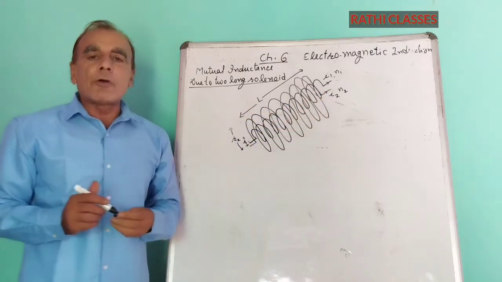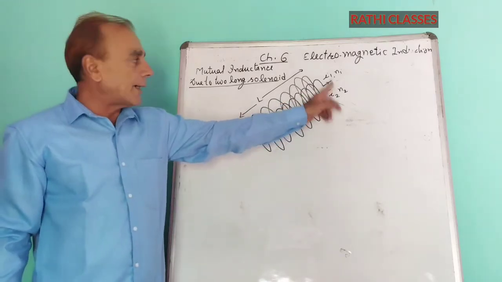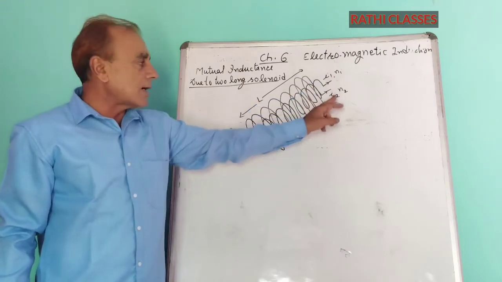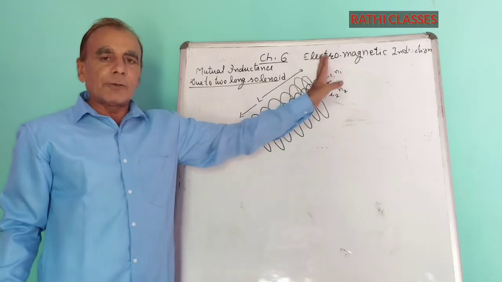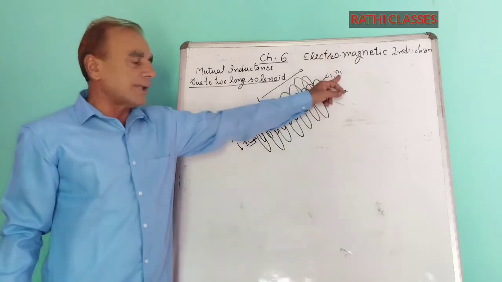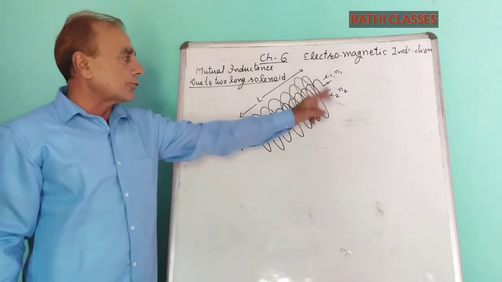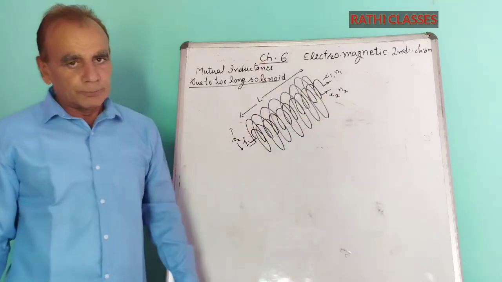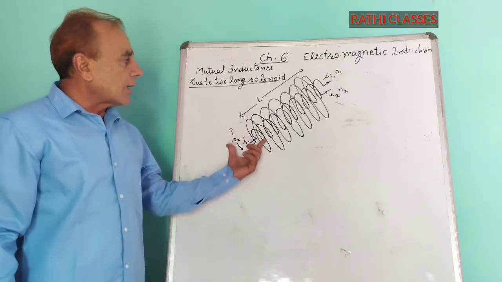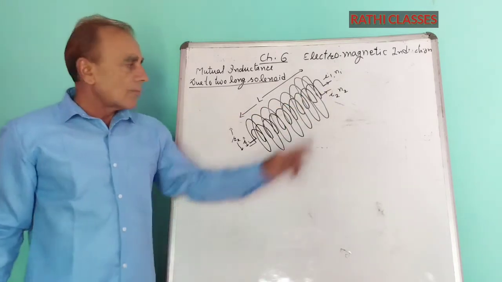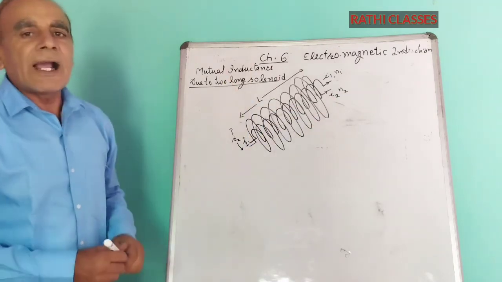If we flow current, in the inner solenoid it is I1 and in the outer it is I2. The number of turns per unit length in the inner is n1 and in the outer solenoid is n2. Now we assume that current flows in the outer solenoid. Therefore, magnetic flux